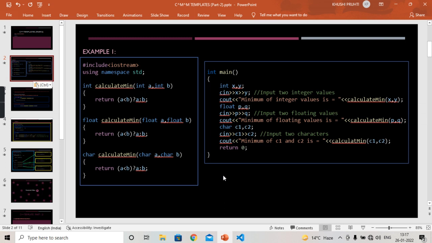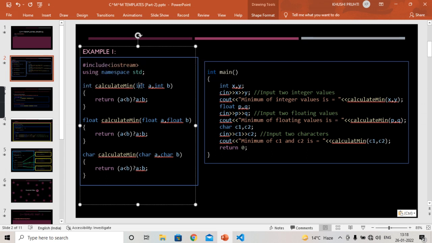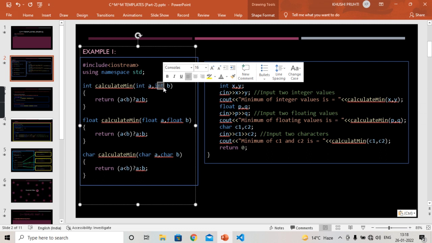So can we do this thing that we declare a variable, for example t, say, and when we want to call calculate min function, we say we want to find minimum of 2 integer numbers, then let us suppose we replace this int type with t, let us say variable, and then after that